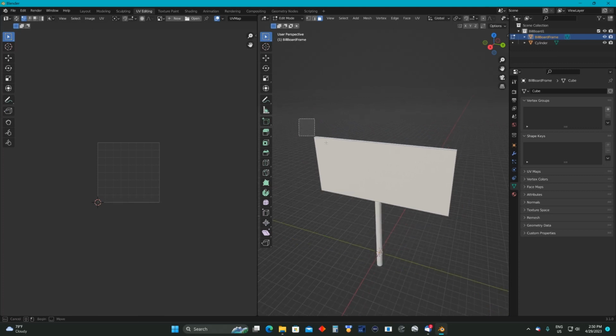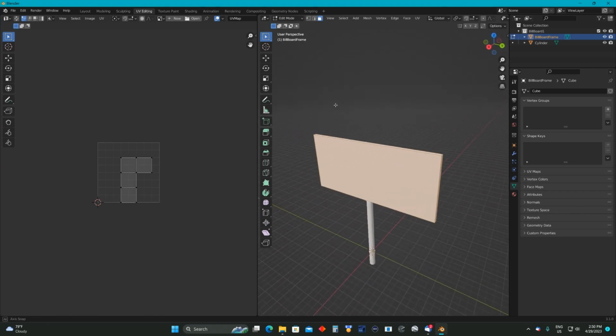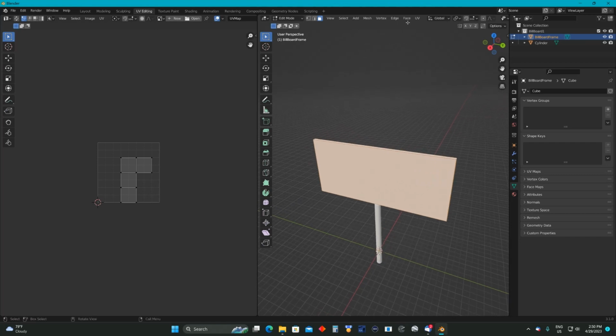So now we're just gonna highlight the whole thing for right this second, for the first part of this. Okay, come up to UV,